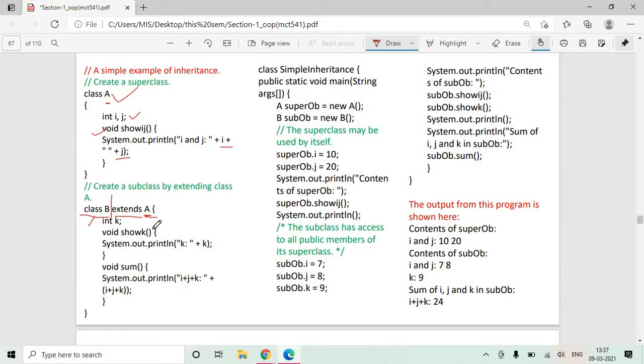The meaning of this line is class B is a subclass, a child class, a derived class from class A. Class A is a parent class and class B is a child class, or it is a superclass and it is a subclass.